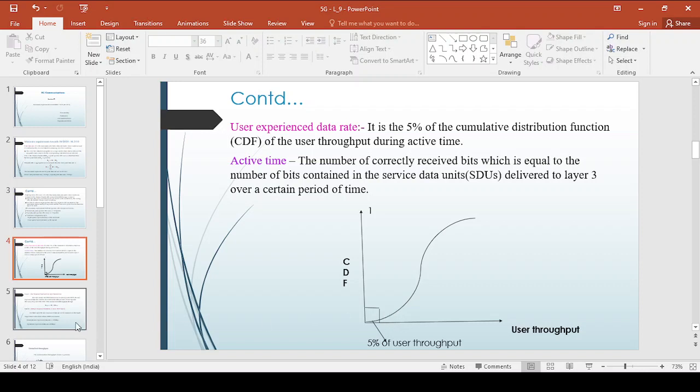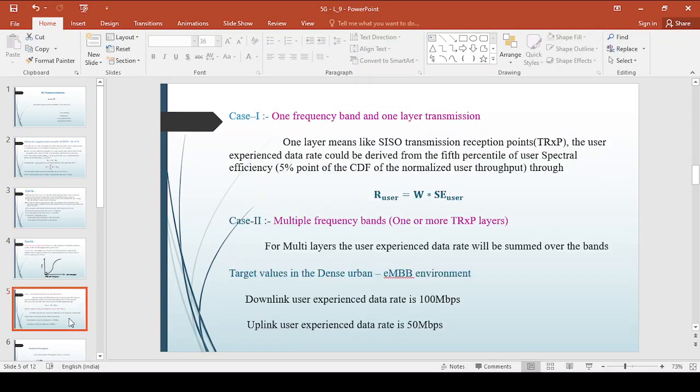Now here we have two cases, right? In this user experience data rate, we have two cases in order to calculate it. Case one: one frequency band and one layer transmission. One layer means single TRxP transmission only. TRxP stands for transmission reception point, right? Now the user experienced data rate could be derived from the 5th percentile of user spectral efficiency, nothing but the 5th percentile of the CDF, the cumulative distribution function, of the